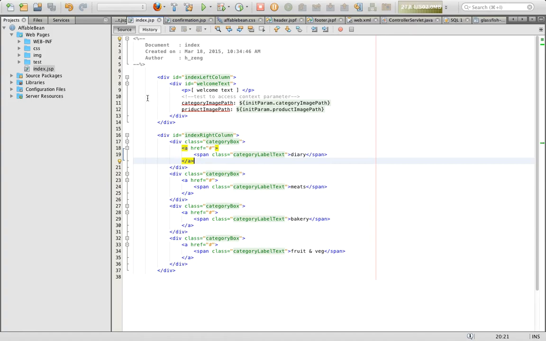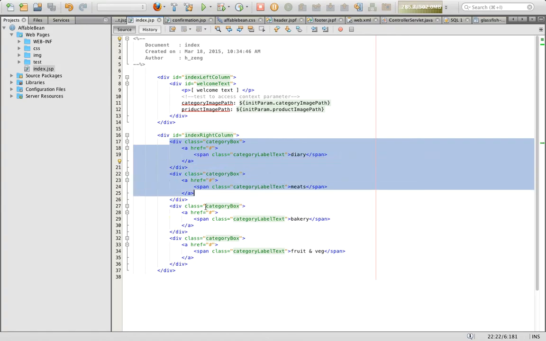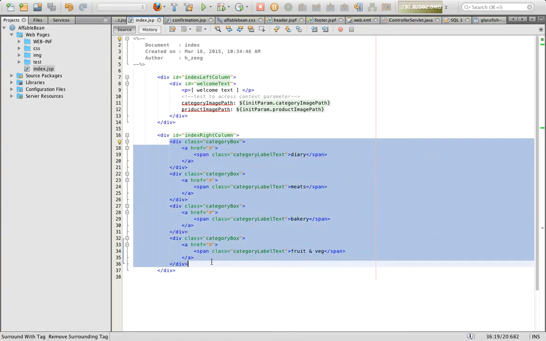Double click on index.jsp. Yeah, we are already in its editor. Now, if you notice before, you have 4 category boxes displaying the 4 categories. Now we want to add 4 images to this, and we don't want to repeatedly write code like this. We might want to use a loop to do so. So first, what we need to do is